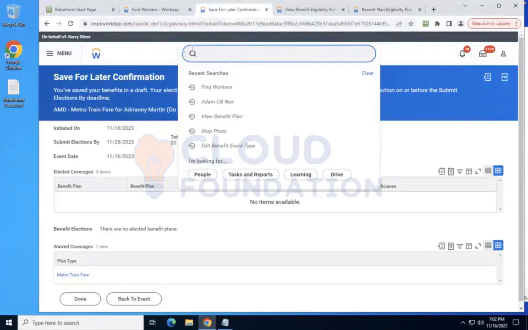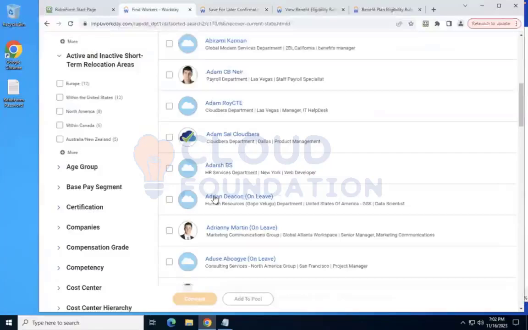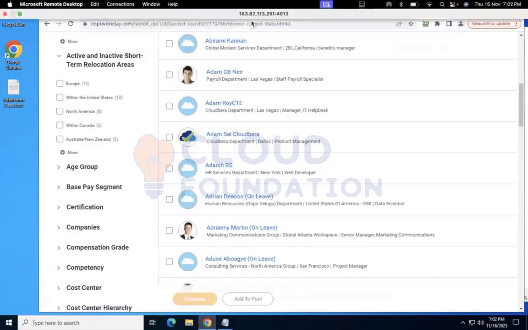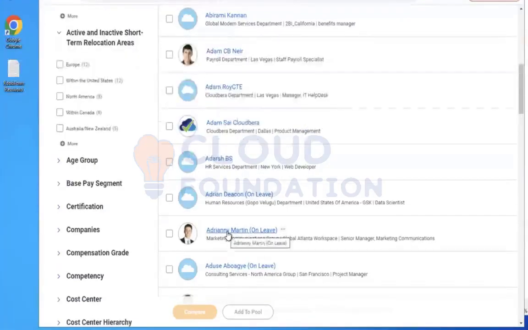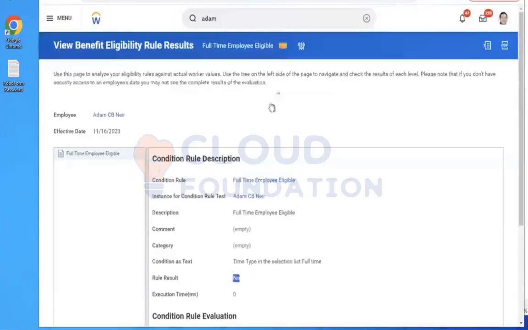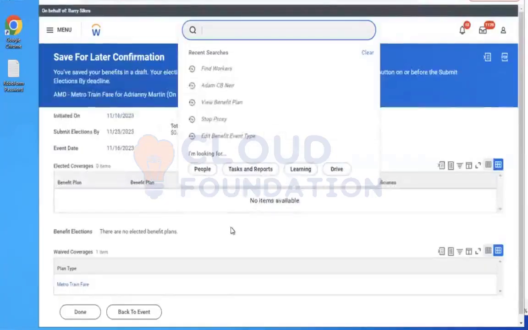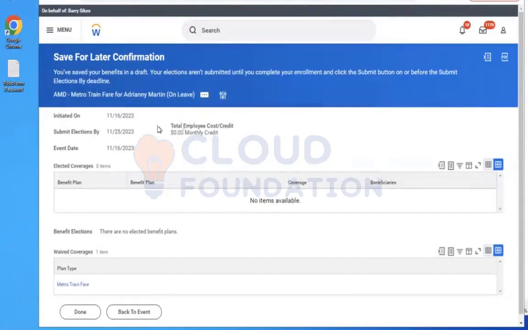Right, sir, we have done the same. We proxied to this employee and enrolled into the benefit plan. This employee is showing interest to enroll into the benefit plan, and first it went to approval to the benefit administrator.